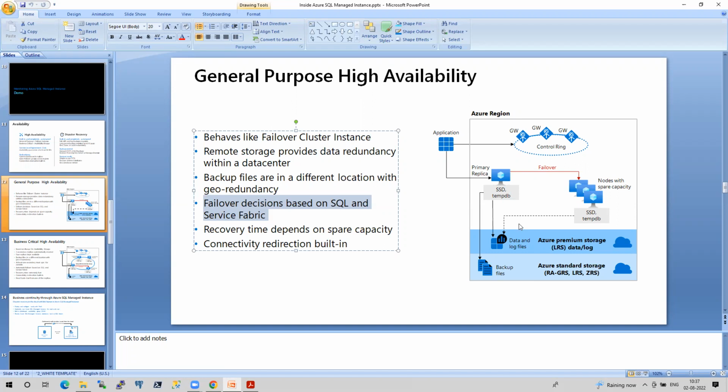The main thing is storage. The database and log files are placed remotely. That is the first difference that you have to highlight. Since they are placed remotely, only one node can access them at a time, and if something happens to that node, the failover decisions and all the logic behind the scenes are taken care of by Microsoft itself with the help of Service Fabric. The other node will take control of this storage and help serve the customers.